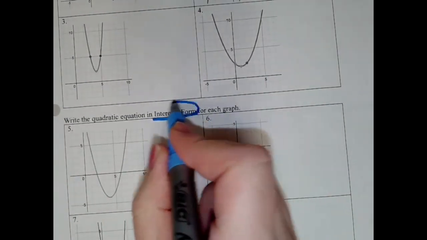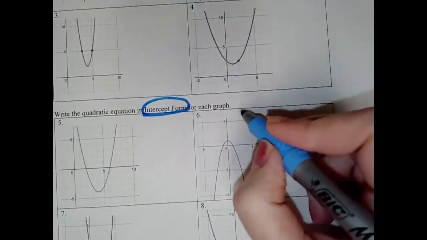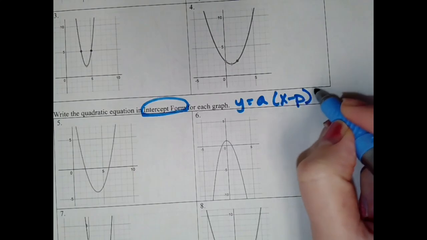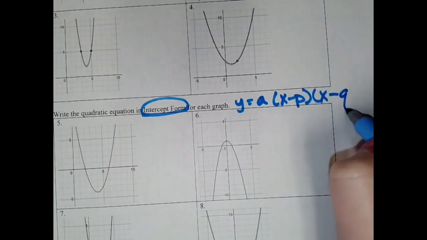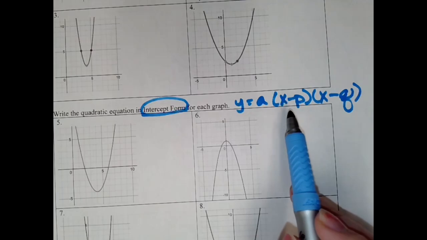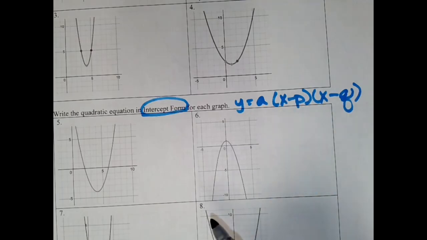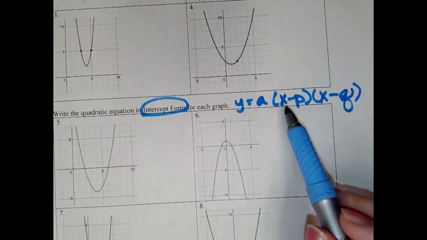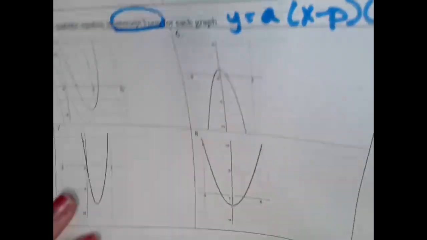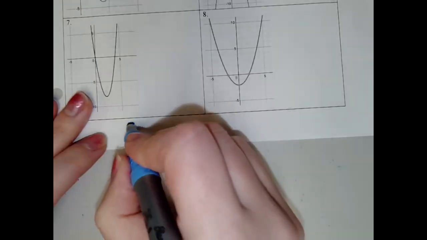Intercept form, which would be y equals a times (x minus p) times (x minus q). Usually intercept form looks like factored form. You have binomials being multiplied together. But remember, sometimes we do have an x along with a binomial, where you would rewrite x as x minus 0. We also have standard form,